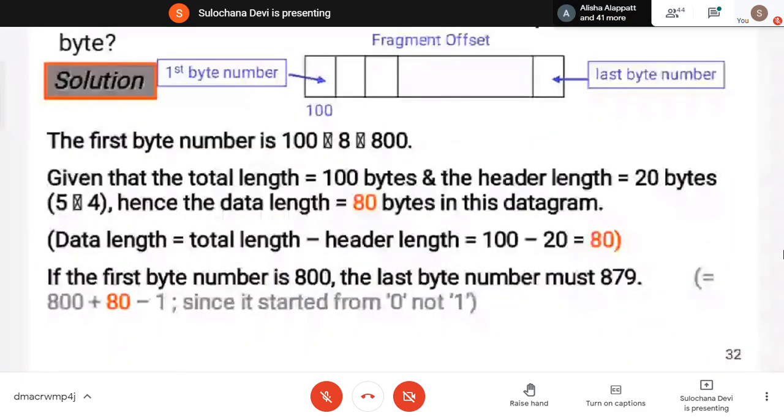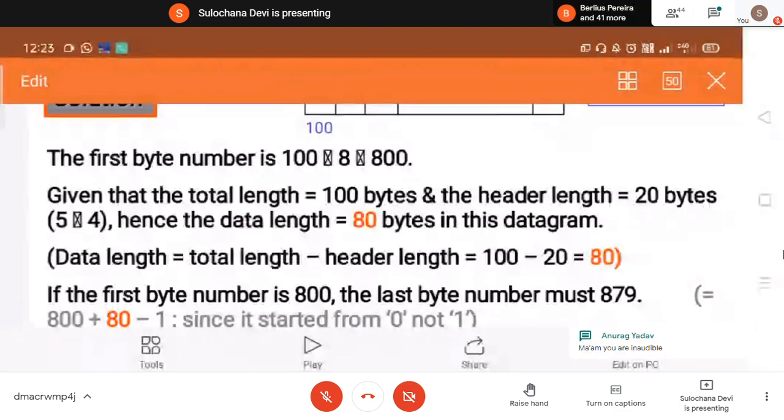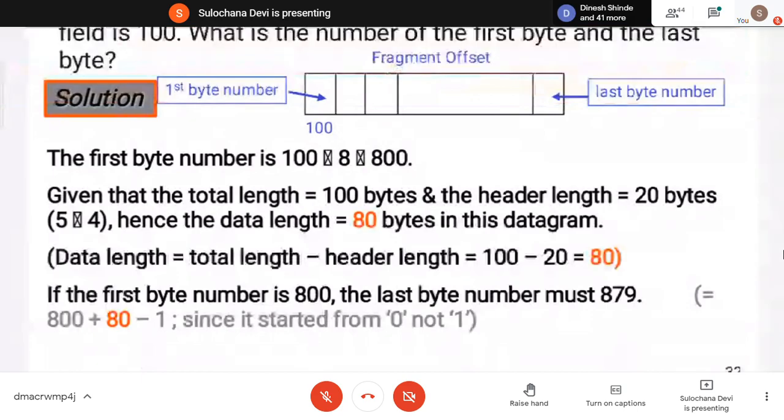So the last byte number will be 879. Clear? Did you understand this? Can we proceed? Any doubt? Yes, ma'am.